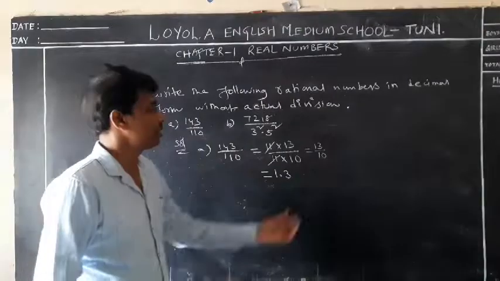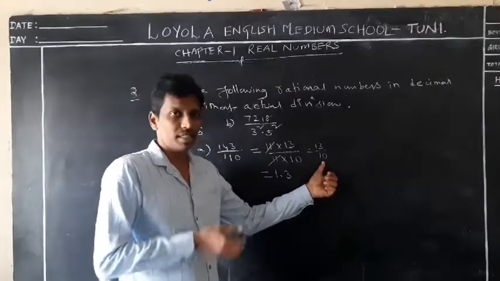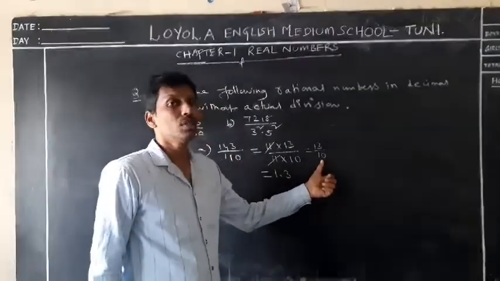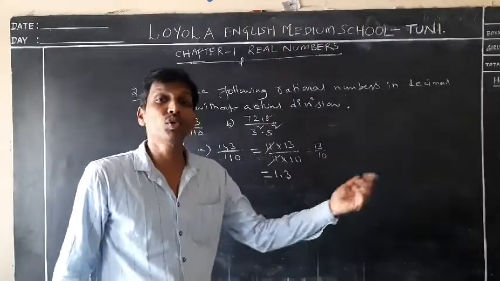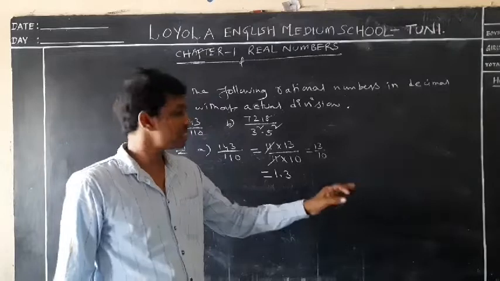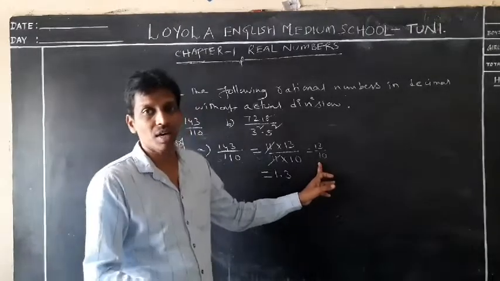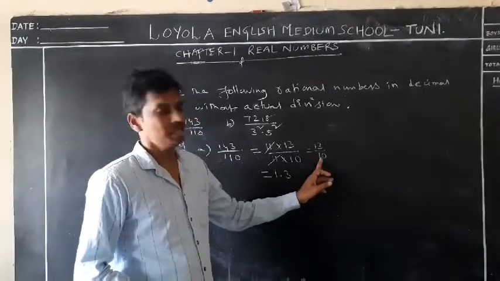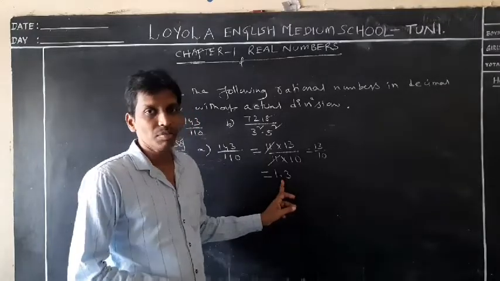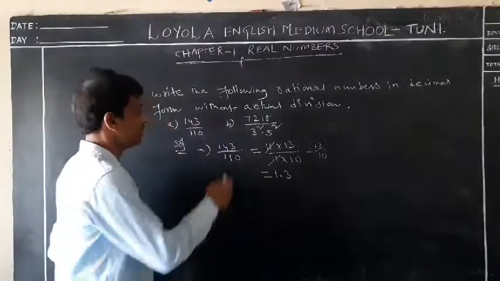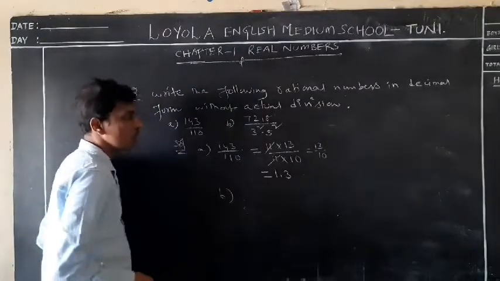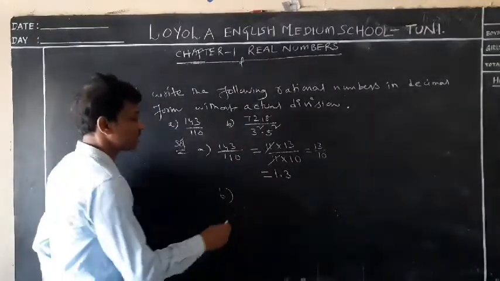How is it possible? If we observe the denominator 10, here both 2 and 5 are present. Can we write 10 as the product of 2 into 5? That means both 2 and 5 are present in this denominator. So that is the reason we are able to write its decimal value without actual division. In the same way, do the division for